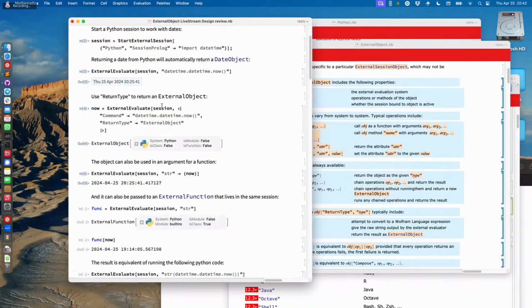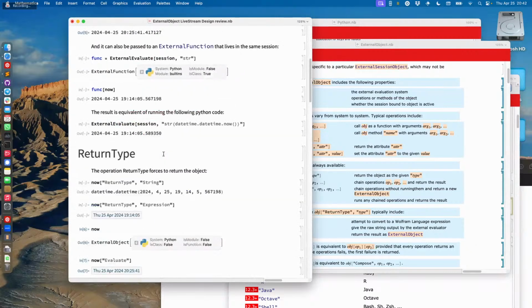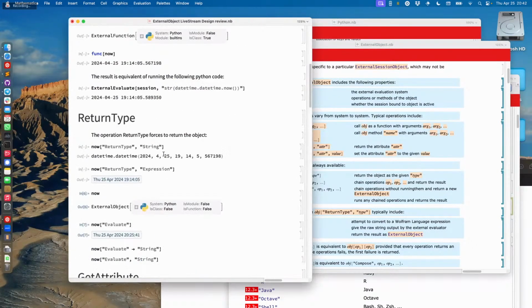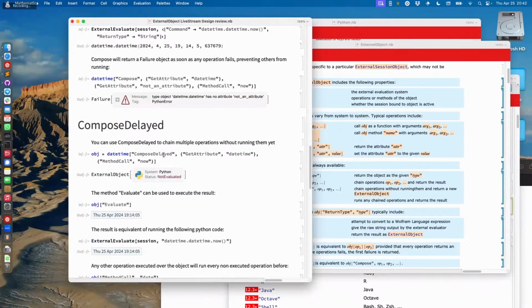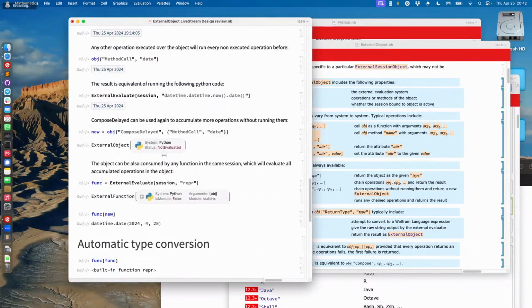It is doing that because by default the object is bound to an external object, right? By default, we know how to convert this object back, and by default we convert it to a date, but that's not really an evaluation operation because, conceptually, an external object lives in the external address space of the external program. It is an external evaluation when we put it together with all the rest of the design, where those operations can